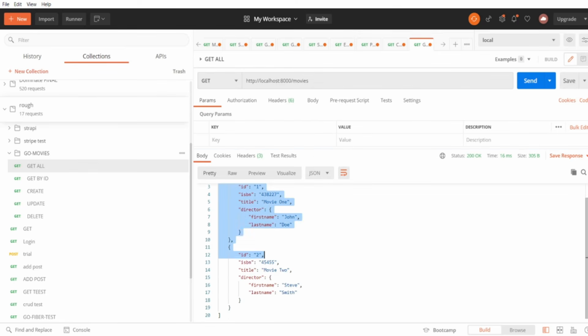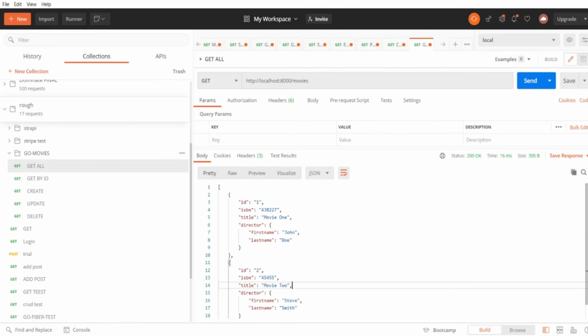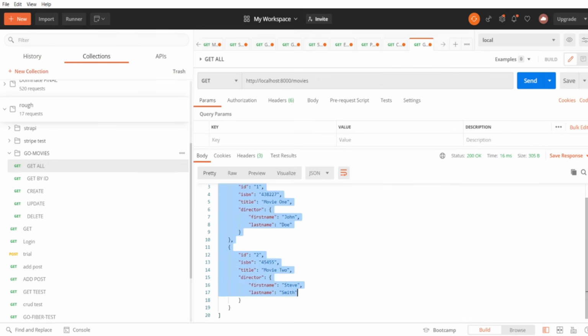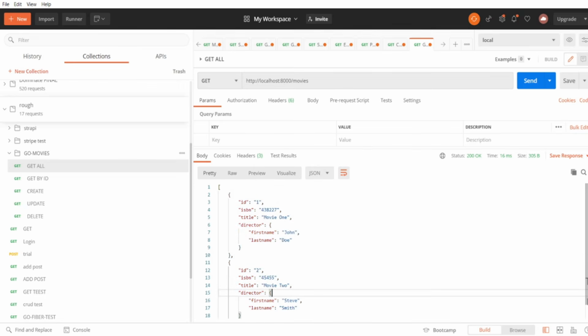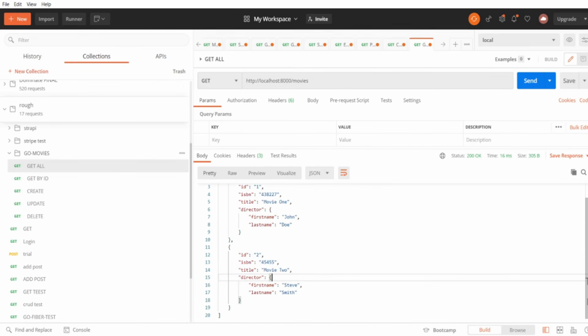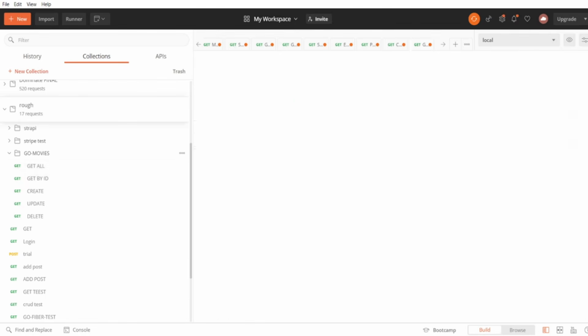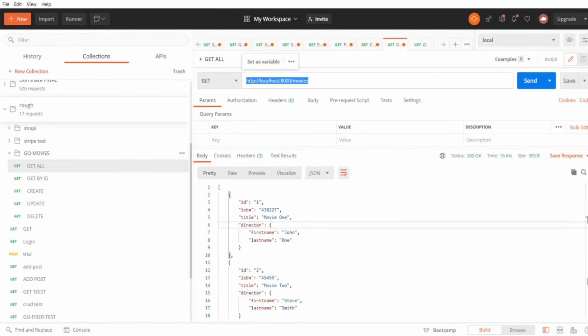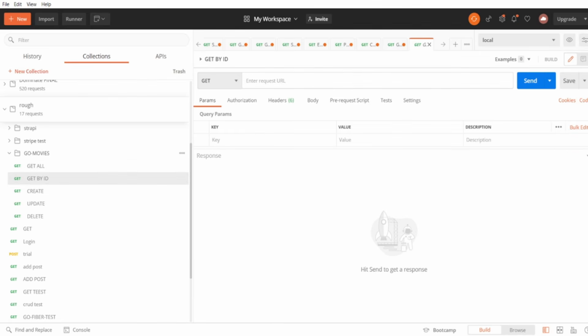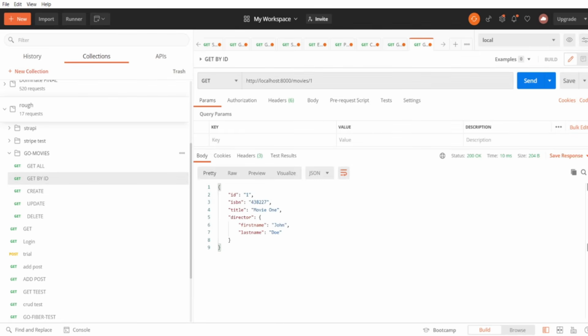We have got our 2 movies that we created in our VS Code, right? Because we didn't want this to be empty, so we had created 2 movies using append in our func main. So these are those 2 movies. Let's get a movie by ID. So I'm going to take the same route here. I'm going to put /1 because I want just the first movie, so I'll get just the first movie,